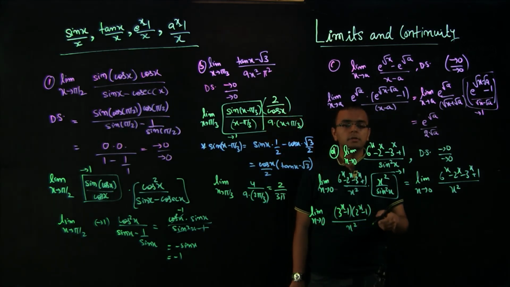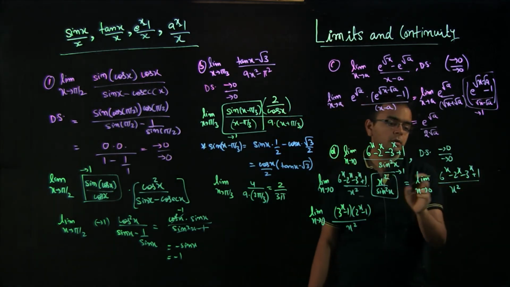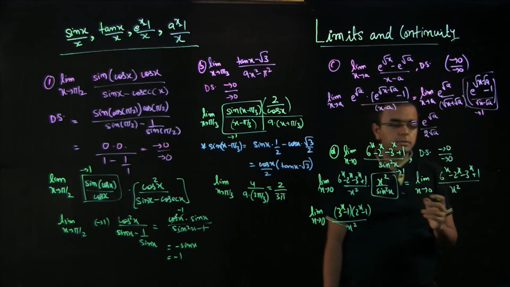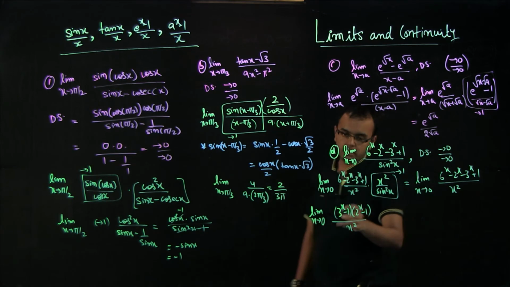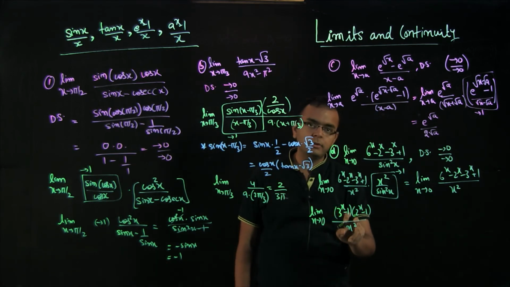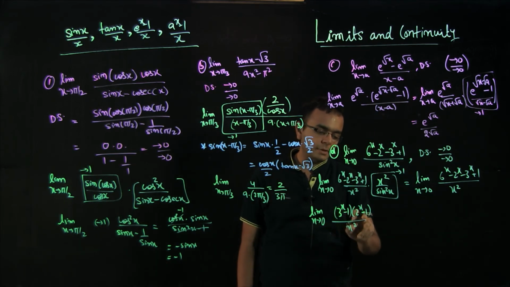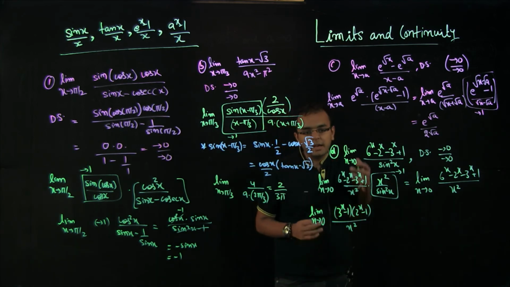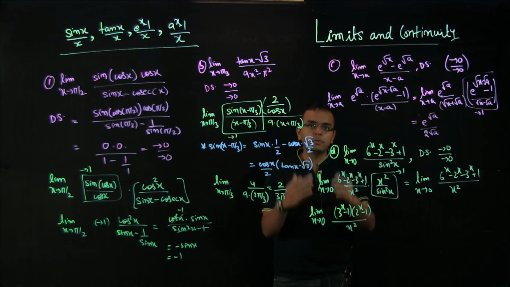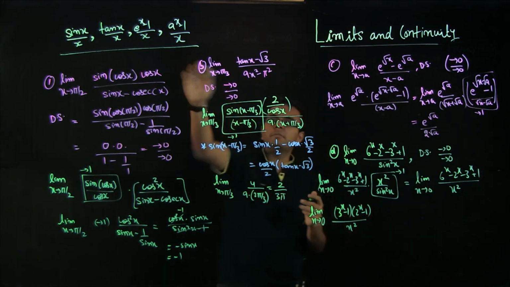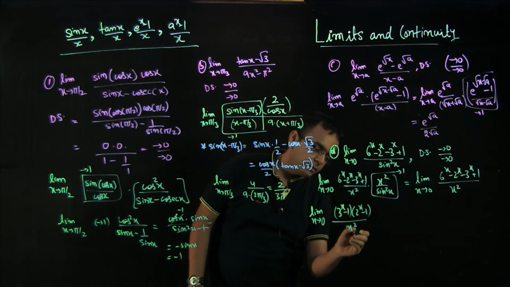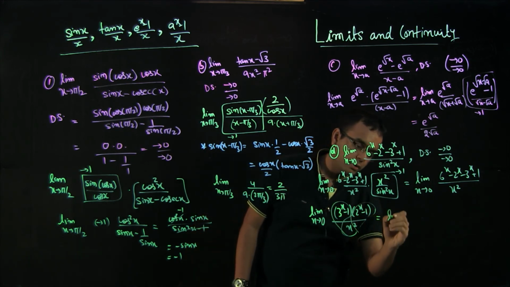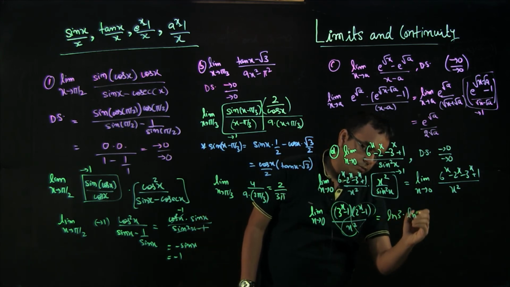that this is actually nothing but this, right? Because if you take 3 raised to the power of x minus 1 common out, this will become 2 raised to the power of x minus 1. So if you multiply and check, 3 into 2, 6 raised to the power of x minus 3 raised to the power of x minus 2 raised to the power of x plus 1. So this is what the question is basically begging you to do, because this is a classic a raised to the power of x minus 1 problem. So 1 x will go with this, 1 x will go with this, and this will basically become ln of 3 into ln of 2.